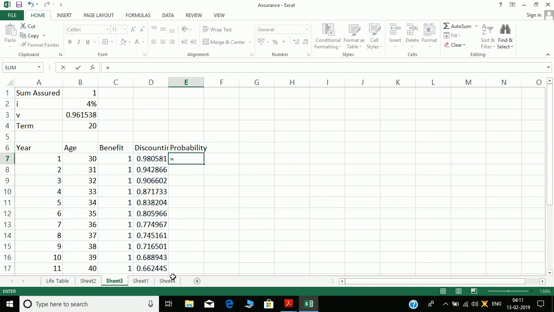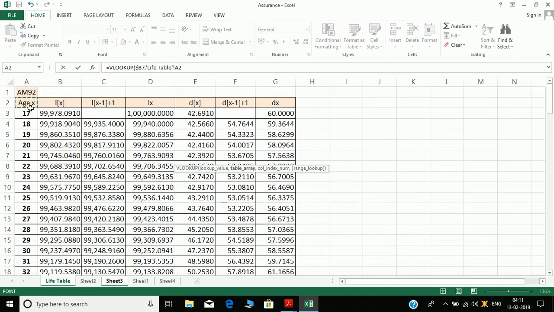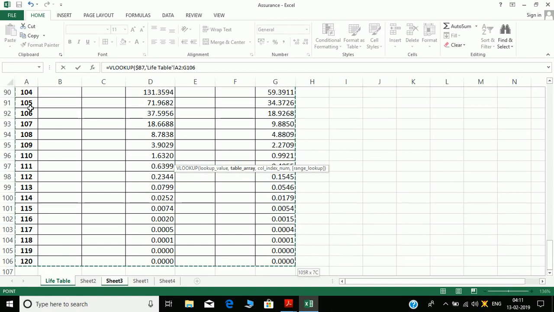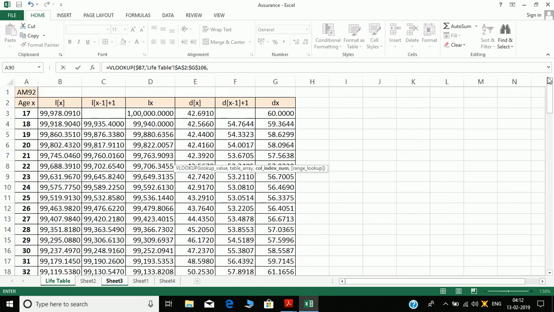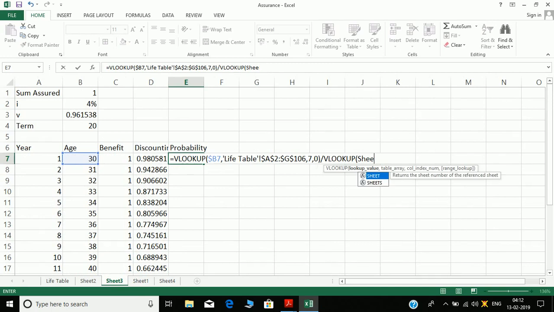Probability is again dx by lx. So we look up age 30 in the life table. Fix this life table. Now we know our dx column is column number 7, and we need an exact match, divided by VLOOKUP of 30.